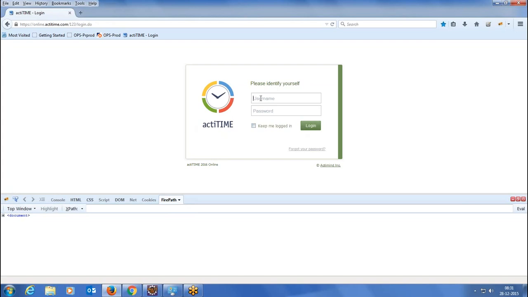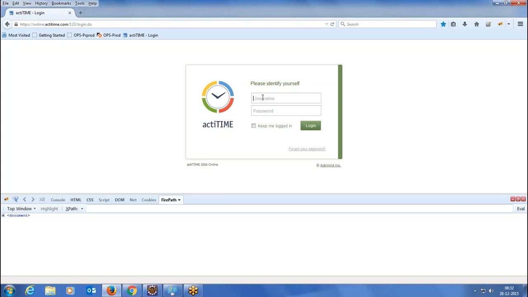But if you're doing it using automation, you have to tell the Selenium tool that, boss, this is where you have to enter the username and this is where you have to enter the password. How the tool remembers where to enter the username is by locating that element. How the tool locates that element is where XPath comes into the picture.